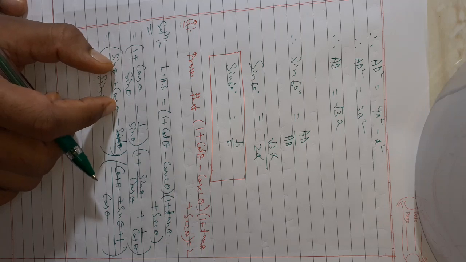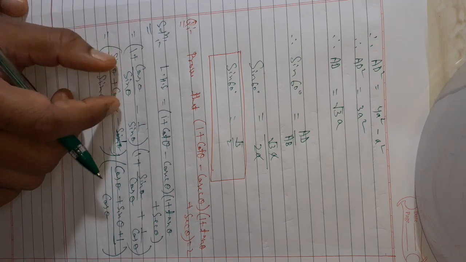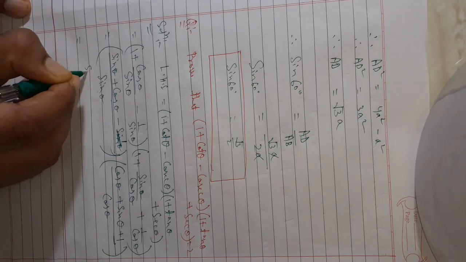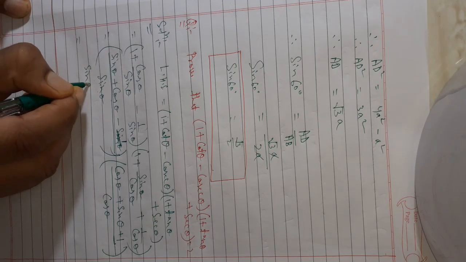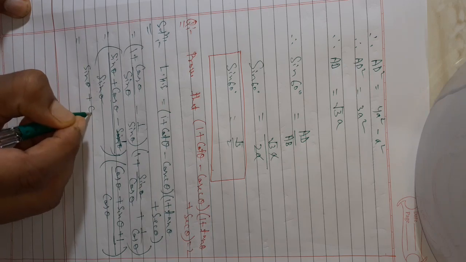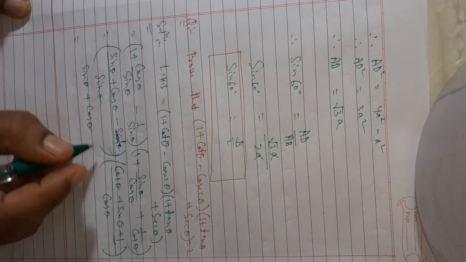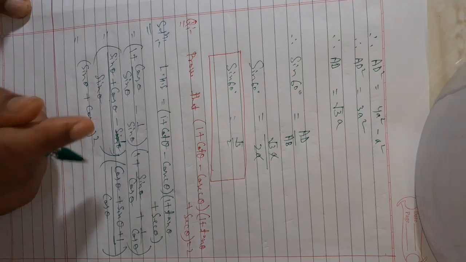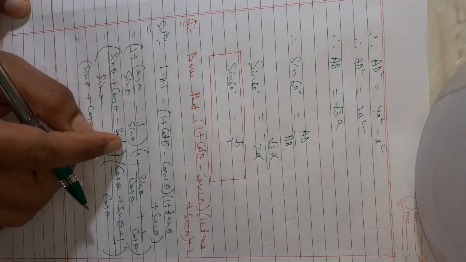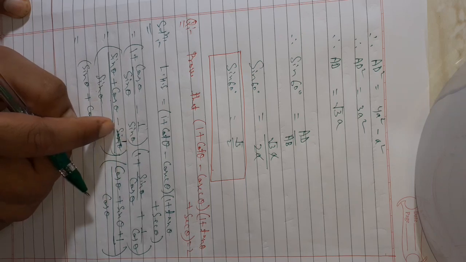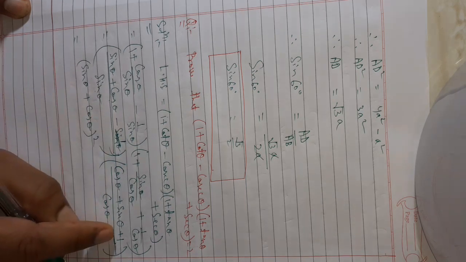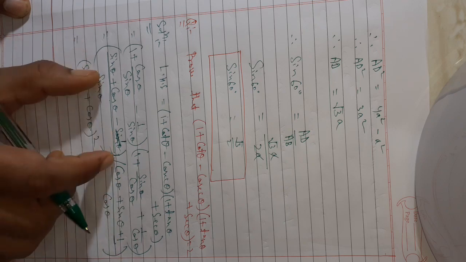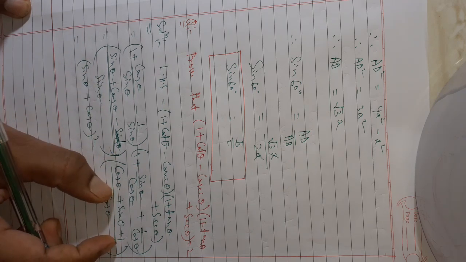साइन थीटा प्लस कॉस थीटा को एक टर्म मानते हैं, तो क्या हो जाएगा? (sin theta + cos theta) whole square minus 1. अगर हम इसको पूरा एक टर्म मानते हैं तो ये सेकंड टर्म -1 हो जाएगा, और बीच में सिर्फ माइनस है एक टर्म में, और यहाँ पर प्लस है. ओके, ओनली साइन डिफरेंस और मल्टीप्लिकेशन ऑफ 2 terms.